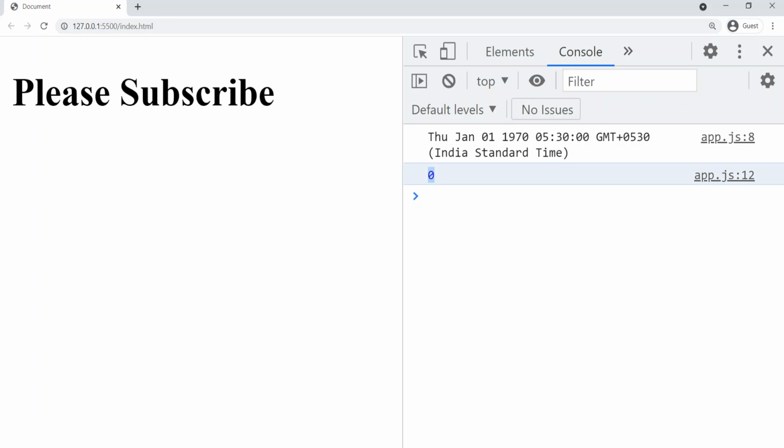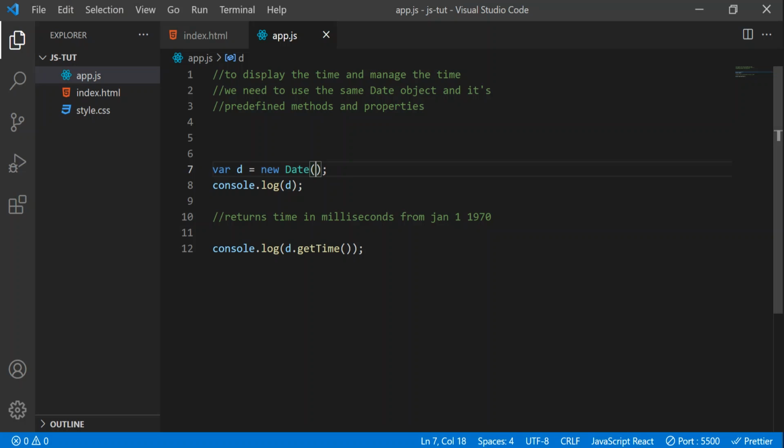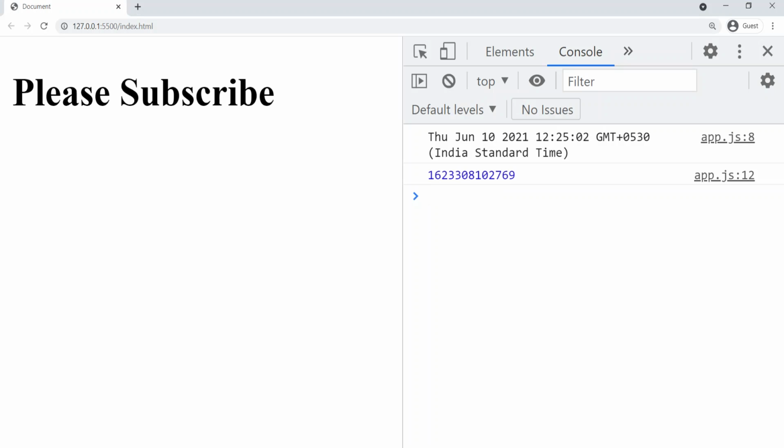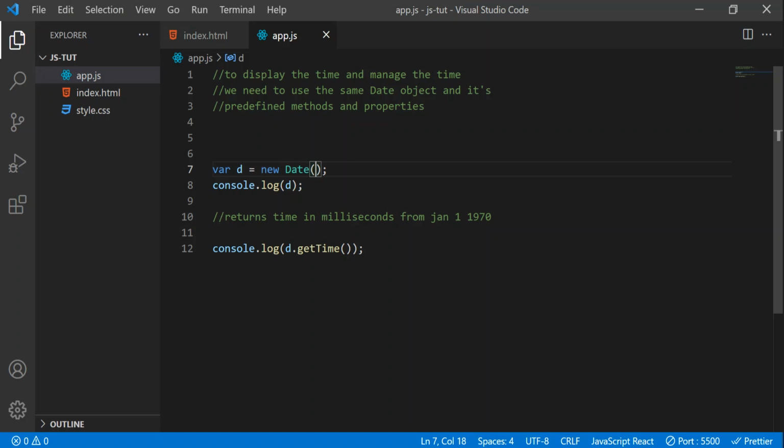Now we have only 0 because from that point time started counting. So that's why we got 0 and we have the starting time January 1, 1970. Now let's remove this, and now we can see we'll get some milliseconds again. So that means from January 1, 1970 we have passed these many milliseconds. So that is about the getTime method.